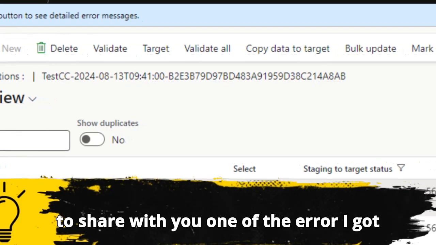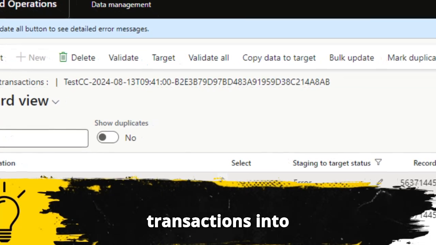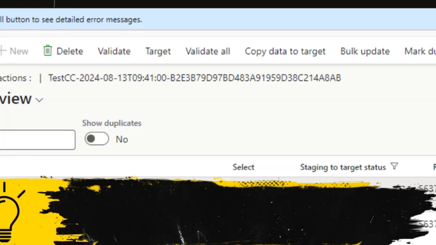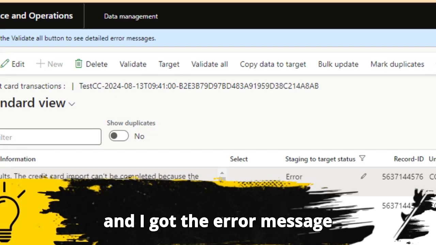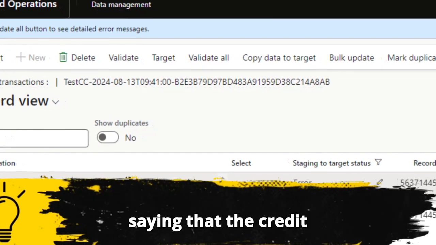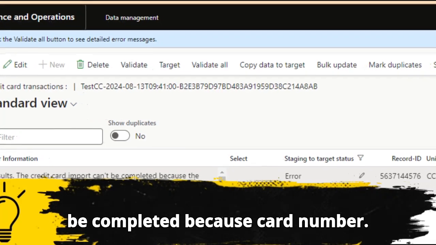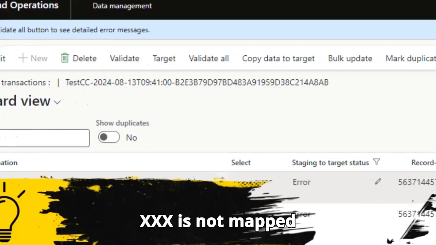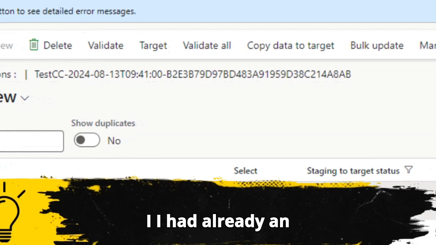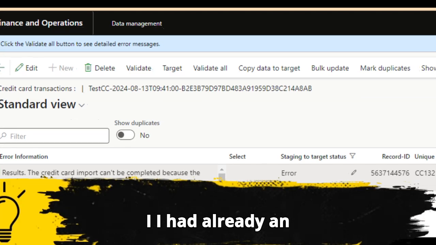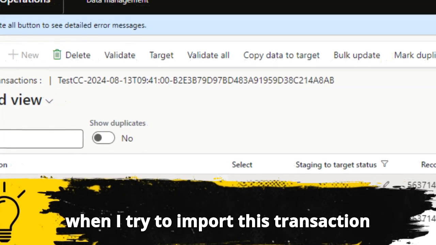I want to share with you one of the errors I got when I was importing credit card transactions into the D365 system. I got the error message saying that the credit card import can't be completed because card number xxx is not mapped to an employee. So actually, I had already an employee mapped with a credit card, and when I tried to import those transactions,